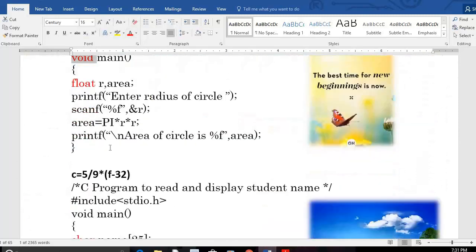And now scanf and printf are not keywords. Printf and scanf are identifiers, predefined identifiers. This is the name of a function. That's why printf is not a keyword. Scanf is not a keyword. Predefined identifiers. This is the most commonly asked question in viva, lab, or interview. The interviewer will ask you, is printf a keyword? No sir, this is not a keyword, sir. This is a predefined identifier. Oh, very good, excellent.